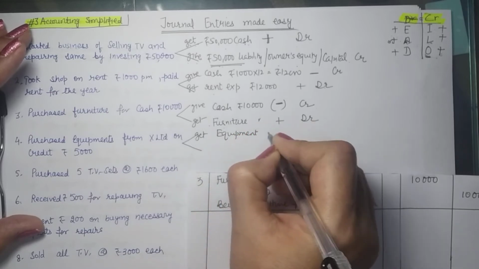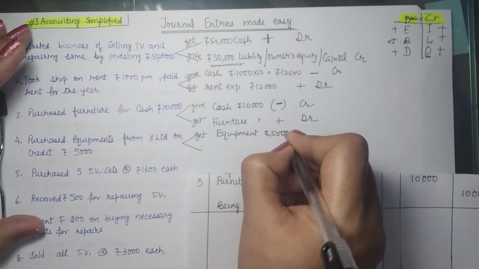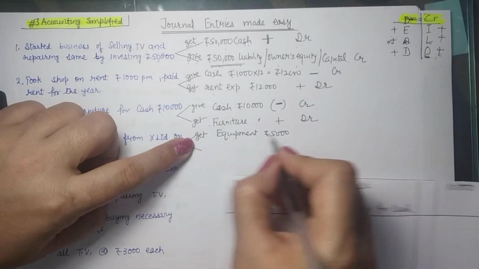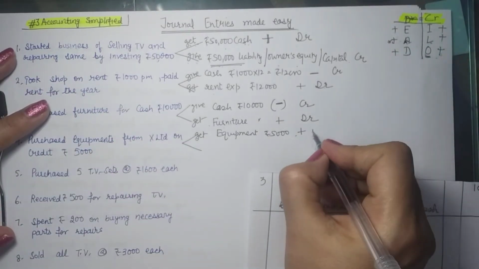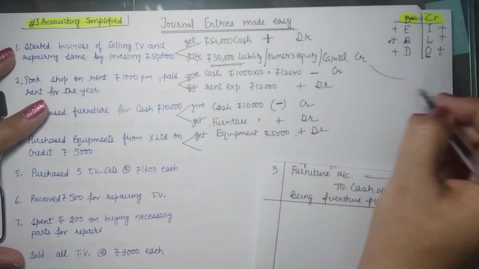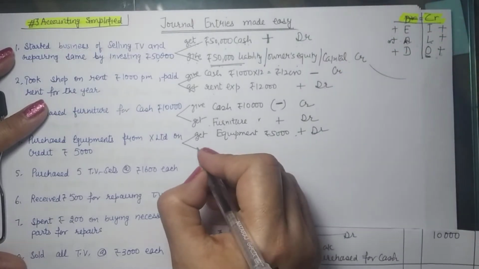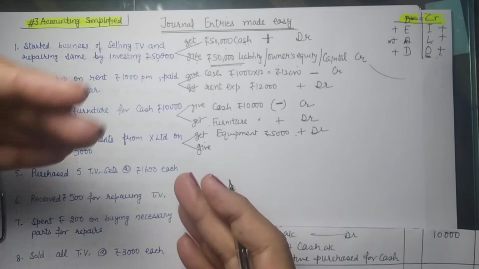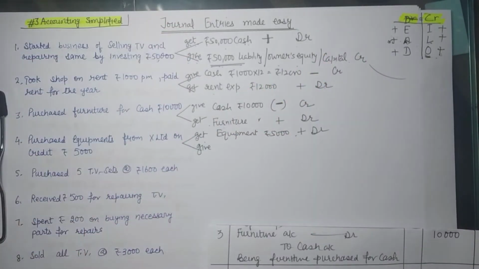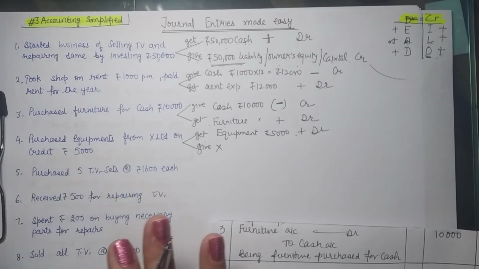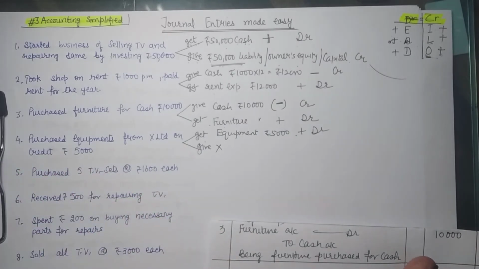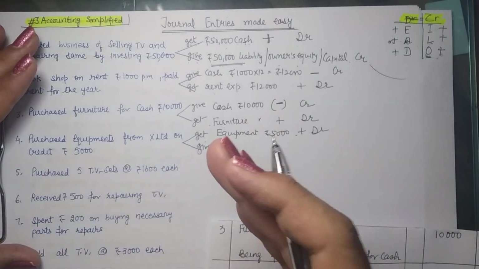Now equipments is your asset and you are getting it, which means an increase. So assets' positives are debit. You have to remember this debit credit rule. Okay. Now what do you give? Because for everything we get, we need to give something. We give nothing because it is on credit. But does it imply we won't give anything at all? No. We need to pay it later on.